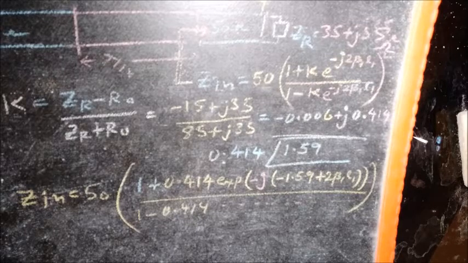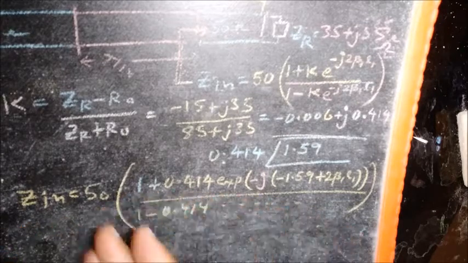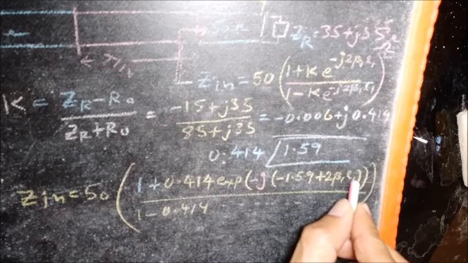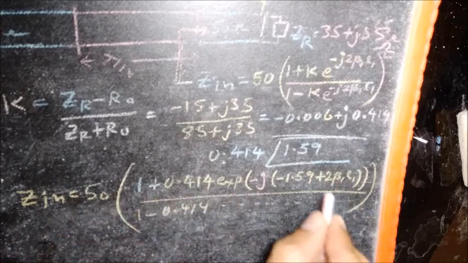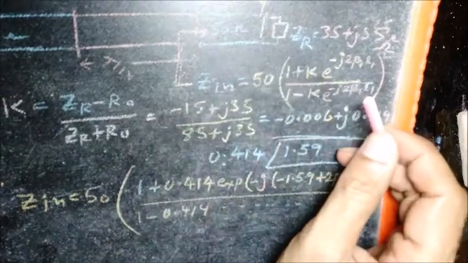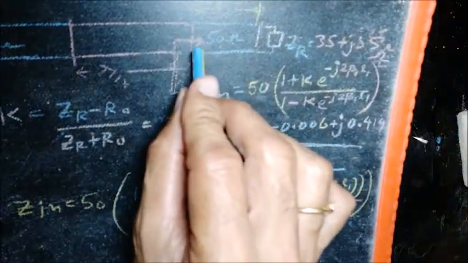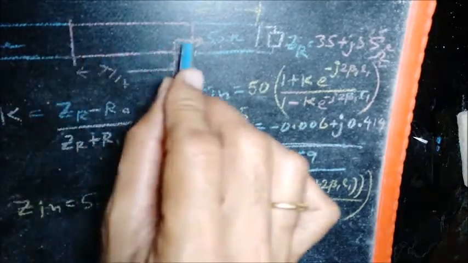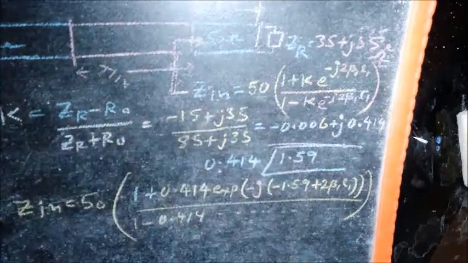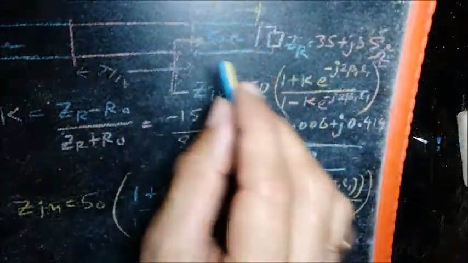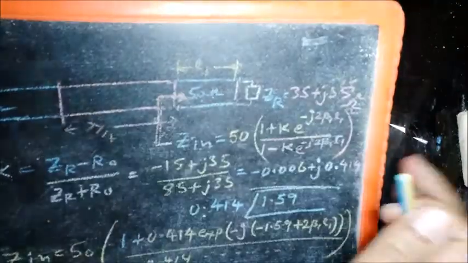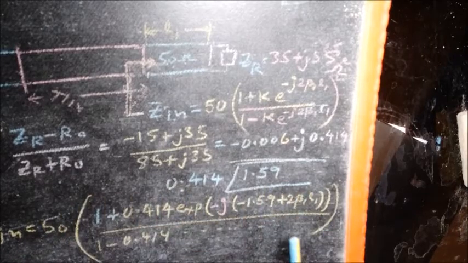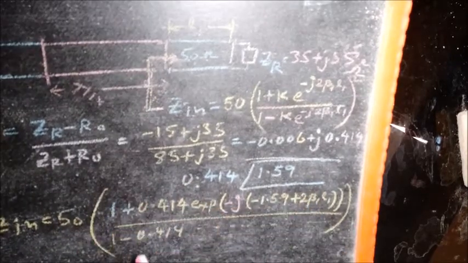Now, if you look at this, this Zin will be in general complex. So if we can adjust L1, it is possible to make Zin look purely real, purely resistive. And remember, this Zin is the impedance here. So if we can make it purely resistive, since this is also resistive, finding out an R0 for this becomes fairly easy. And that is why the question has a part which asks you to find out L1. So we have to find out an L1 such that this part becomes purely resistive.